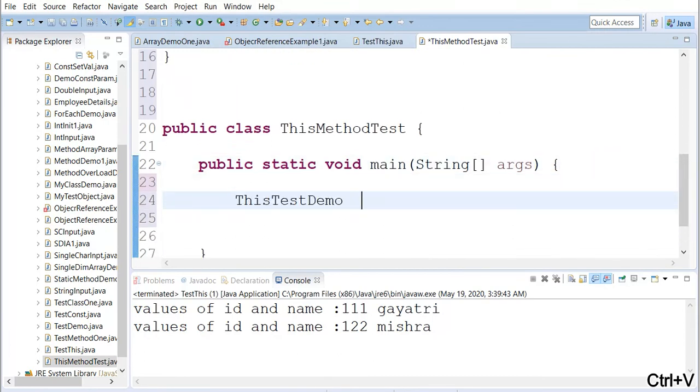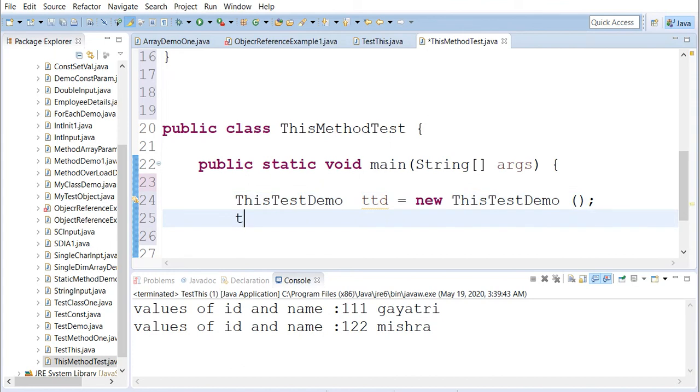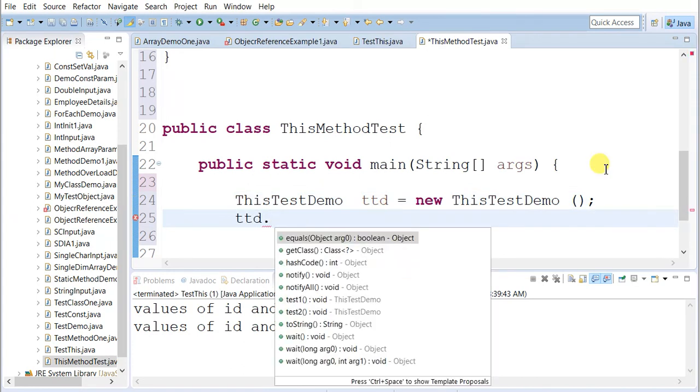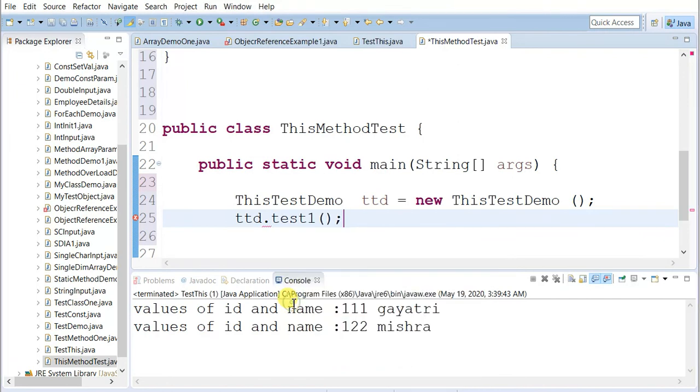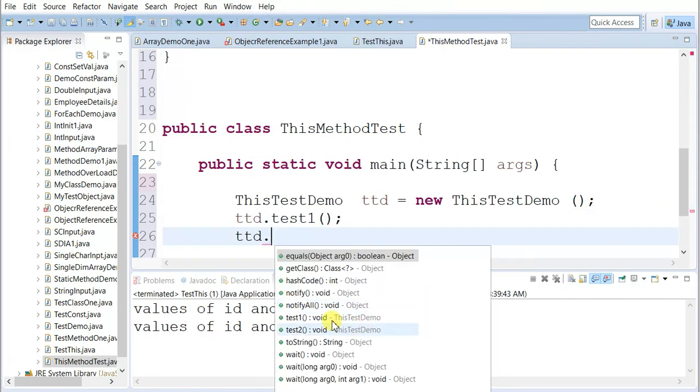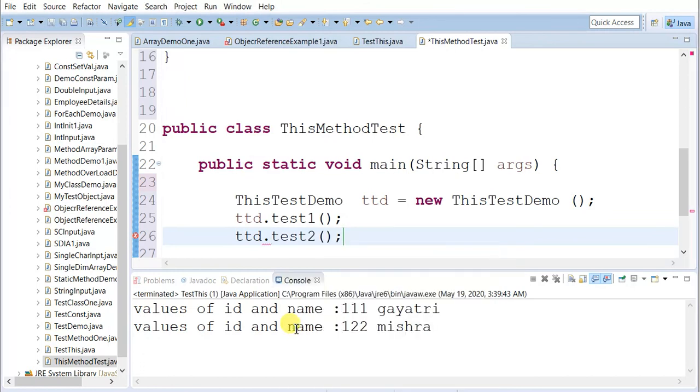Let's create an instance ttd equal to new test demo. Now ttd dot test1, and ttd dot test2.